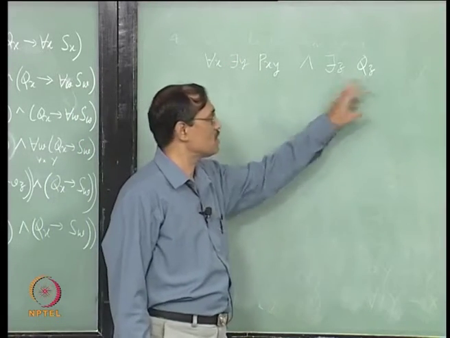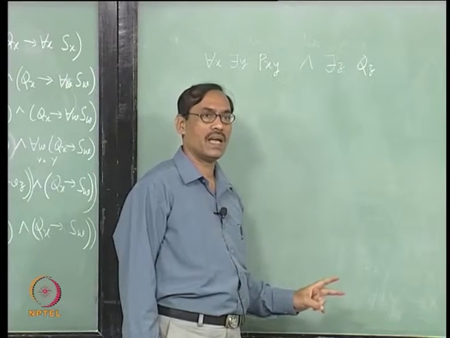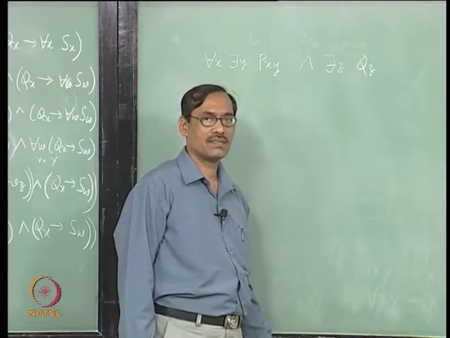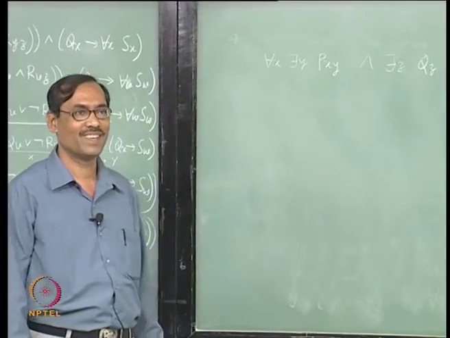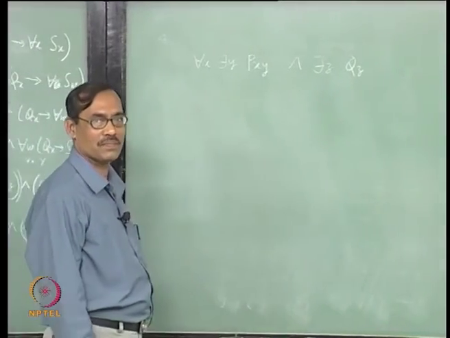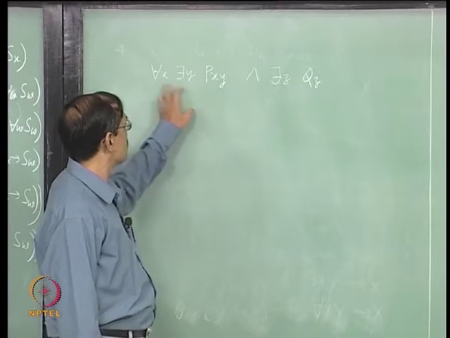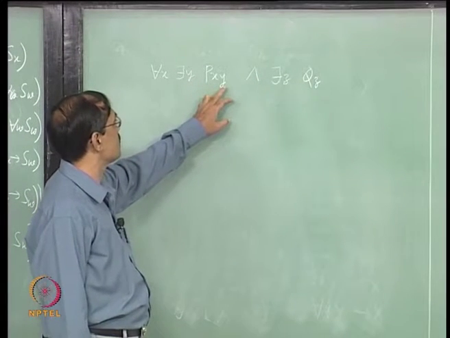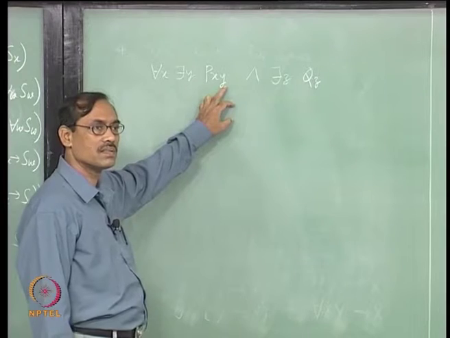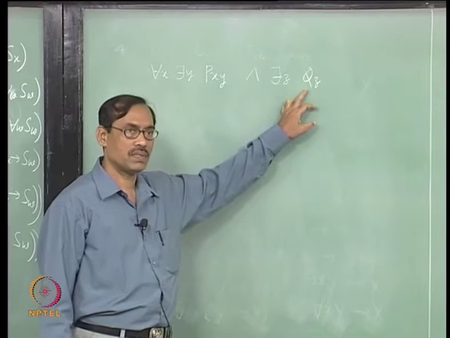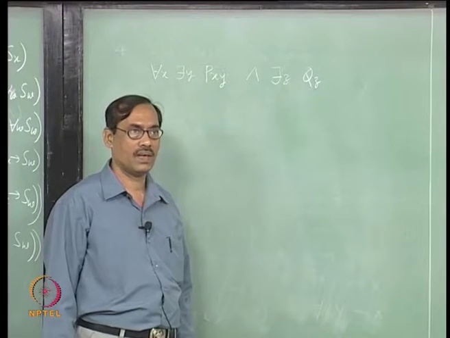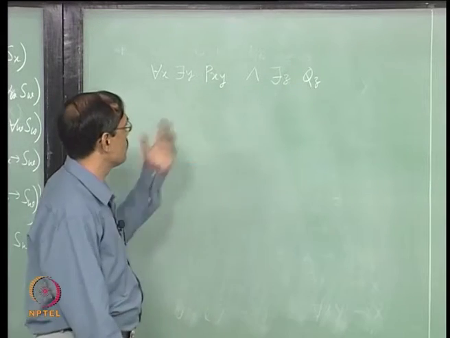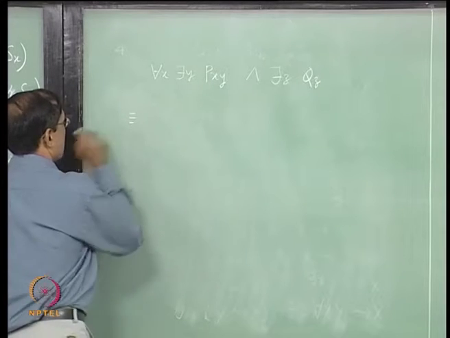Okay. And suppose q means, q z means z has 12 fingers, 11 fingers, let us say, you have one model for it. Okay. Z has 11 fingers. Now, what do we do? This sentence can be read as each person has parents and there is a person who has 11 fingers, right. So, now when you bring it to this form, how does it look like?